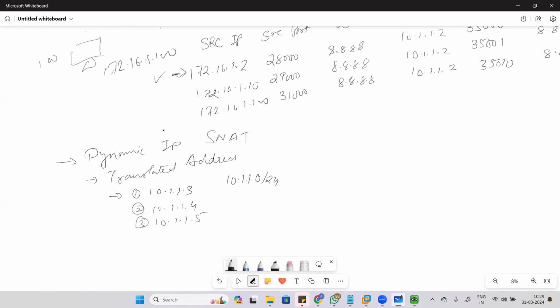Okay, now what will happen is, let's say there are 100 client machines in your LAN environment, right? And each of them is trying to reach out to the internet, and you are subjecting them to the source NAT using dynamic IP. Okay. And in dynamic IP, you have just added, let's say, three IP addresses. Okay. Now, based on these three IP addresses, what will happen? The first three client machines, okay, let's say,